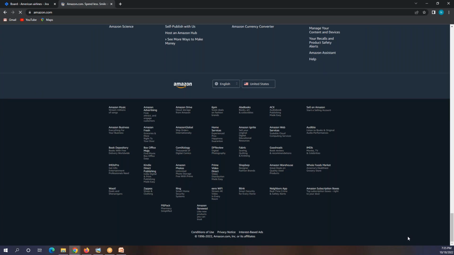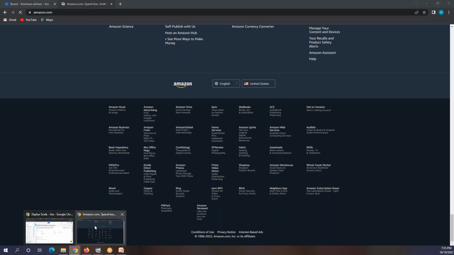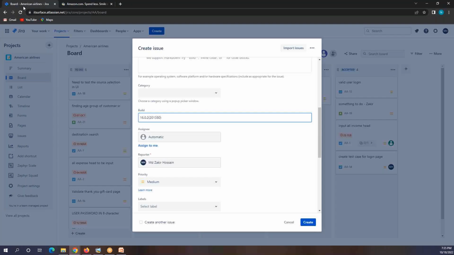If they follow, then you have to take the build version from somewhere in the bottom of the application, copy that build and paste it here. So it's build. You don't need to remember or memorize anything. If you need to follow this build, you can get it from this application.